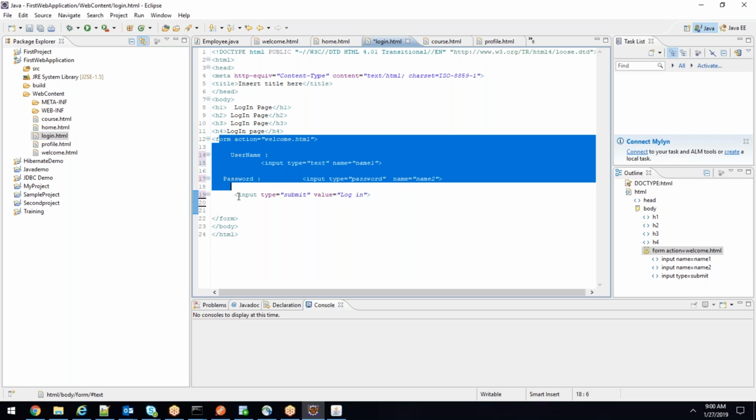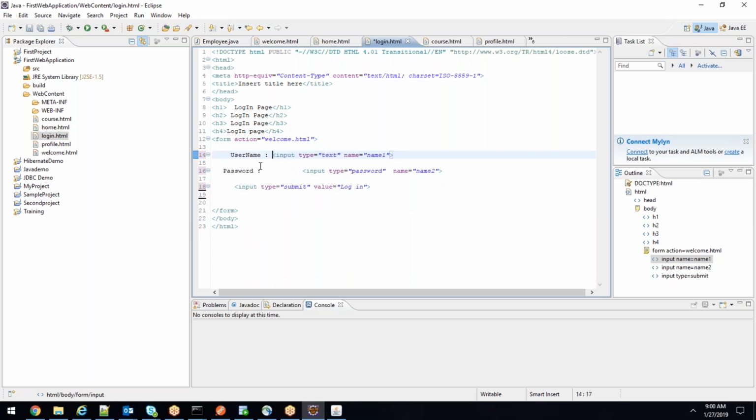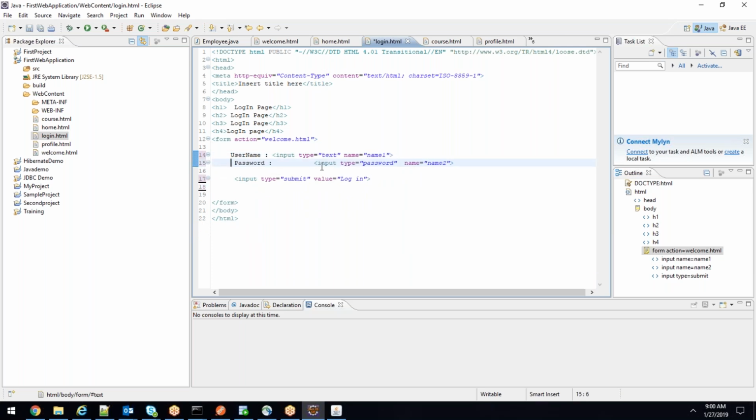Okay. I have a form tag and I have a username and password, correct? And I have a submit button. I don't have a table. Yesterday I told about this and I told what is the problem with this also, correct? Yes. I told what is the problem with this. So let me